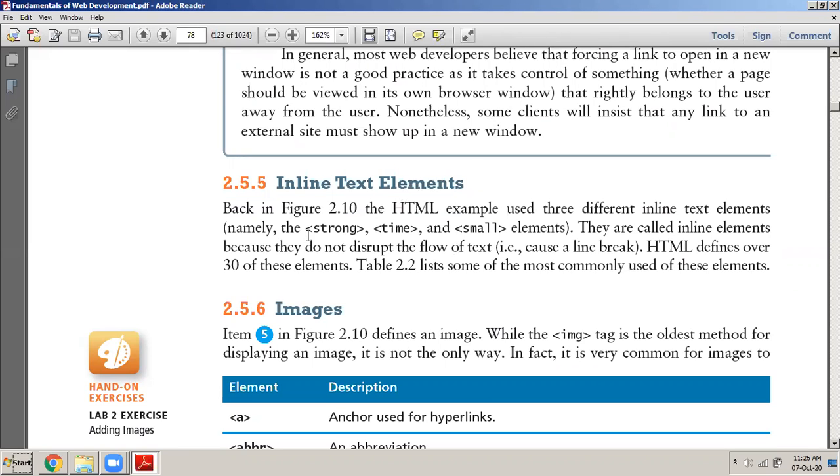Yesterday, in yesterday's example, we have seen how the strong keyword works. How does the small keyword work? We have seen that yesterday. Strong, when we put it, it displayed that a little bold. So whatever was put between the strong and the slash strong,